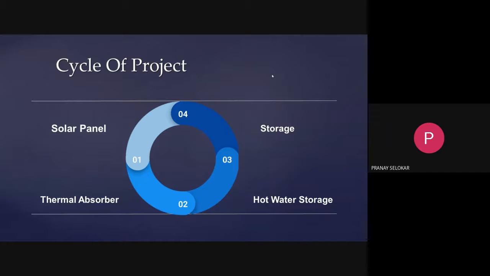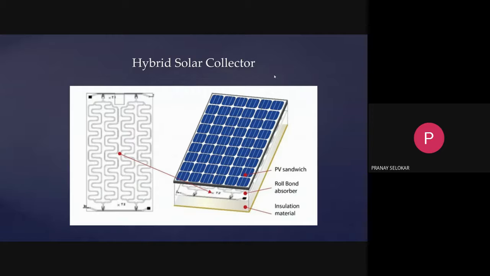Fourth stage is the storage of the energy. The output we get from the solar panel is given to the sensor, which can help us to read the reading of the solar panel of output voltage and current. And we store the energy from the panel in a 12-volt battery.